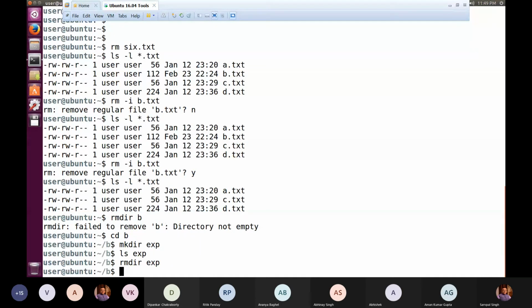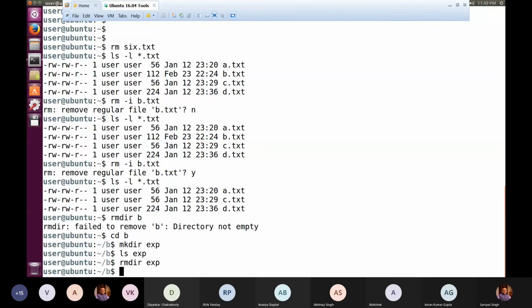So if you are sure that the entire tree structure from this point onwards is to be deleted, I mean whatever directory is the root of that subtree which you wish to delete, you simply go out of that root from where that subtree is starting, and there you can mention rm -r and then that directory name, so that entire tree structure will be deleted from that point onwards. So that can also be done.